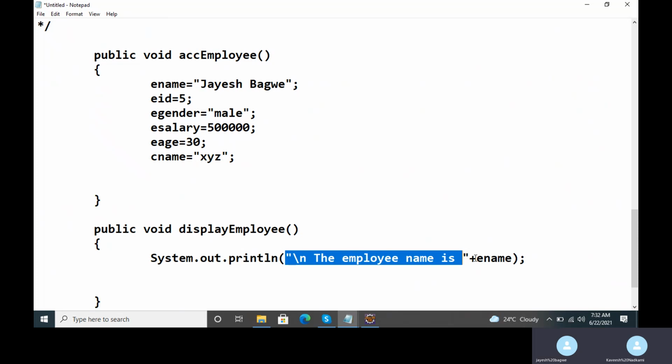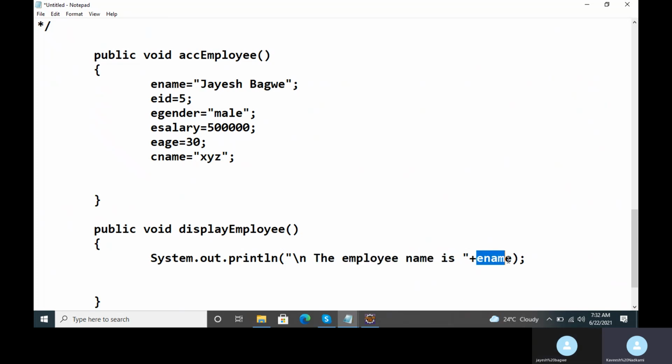Clear? And to join both these values, because I want the value of ename to be printed on the screen after this message, I have used the plus operator between them. The correct word for it is concatenation. Concatenation means joining something at the end.